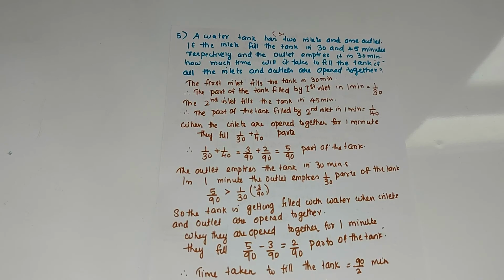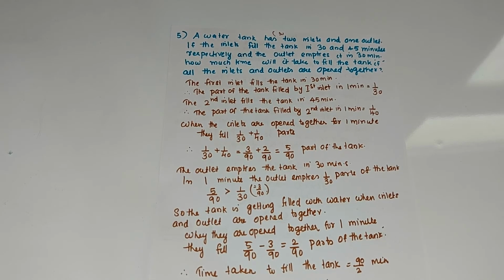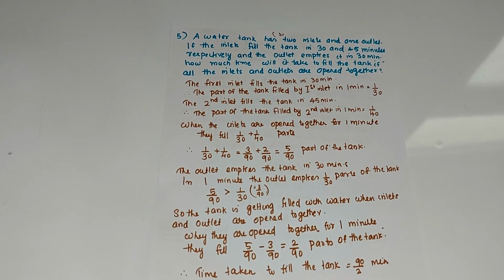So the first inlet fills the tank in 30 minutes. Therefore, the part of the tank filled by the first inlet in 1 minute is equal to 1 by 30. The second inlet fills the tank in 45 minutes. Therefore, the part of the tank filled by the second inlet in 1 minute is equal to 1 by 40. When the inlets are opened together for 1 minute, they fill 1 by 30 plus 1 by 40 parts of the tank. So what is 1 by 30 plus 1 by 40 equal to? You know, the LCM of 30 and 40 is,